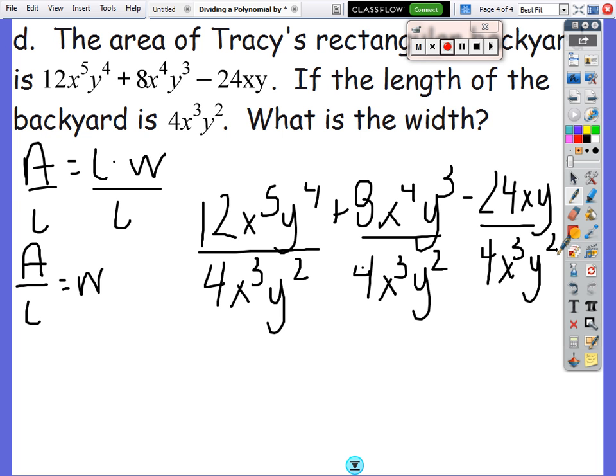So when I do this, I divide my 12 and my 4, which makes 3. I subtract my exponents. 5 minus 3 is going to be 2, so I have x squared y squared plus